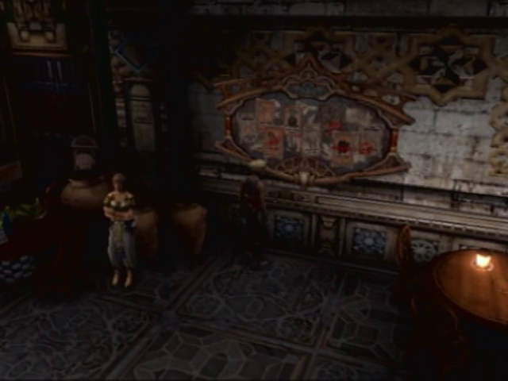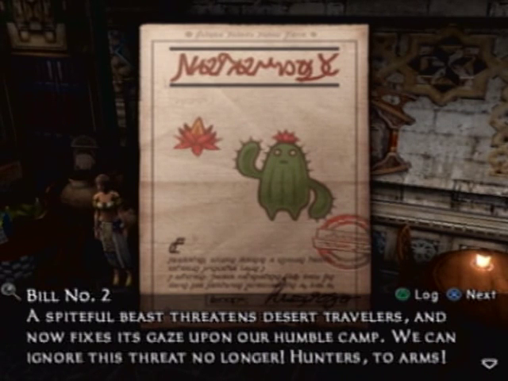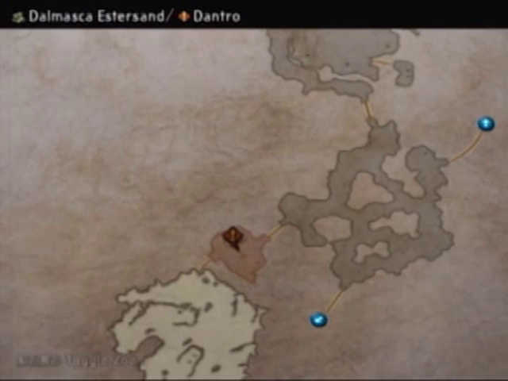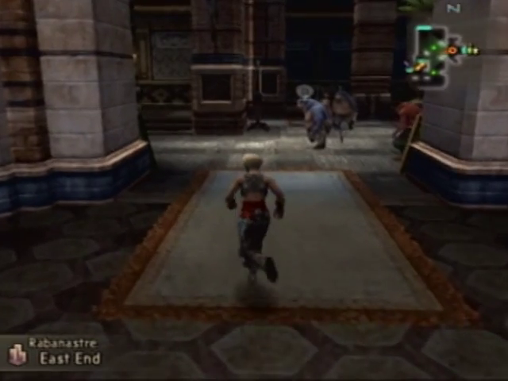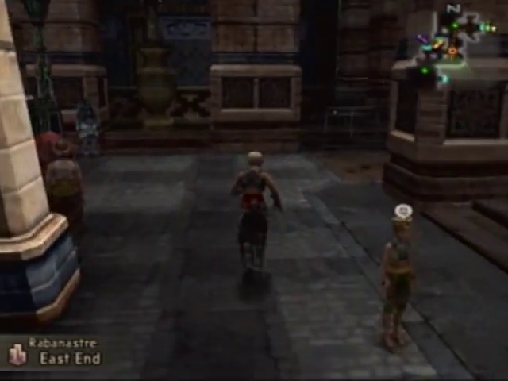Oh, the flowering cactoid. We can actually do this right now? Did not know that. Well, the thing about this beast right here, it's not going to be all that hard to go and beat up. It might be able to do some damage to me. I don't really remember if it has any good attacks, but